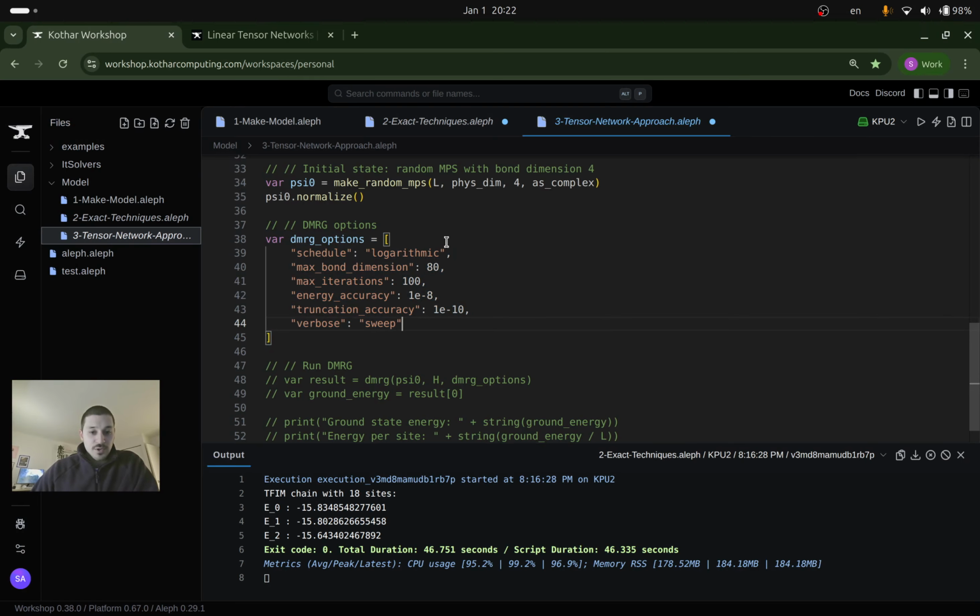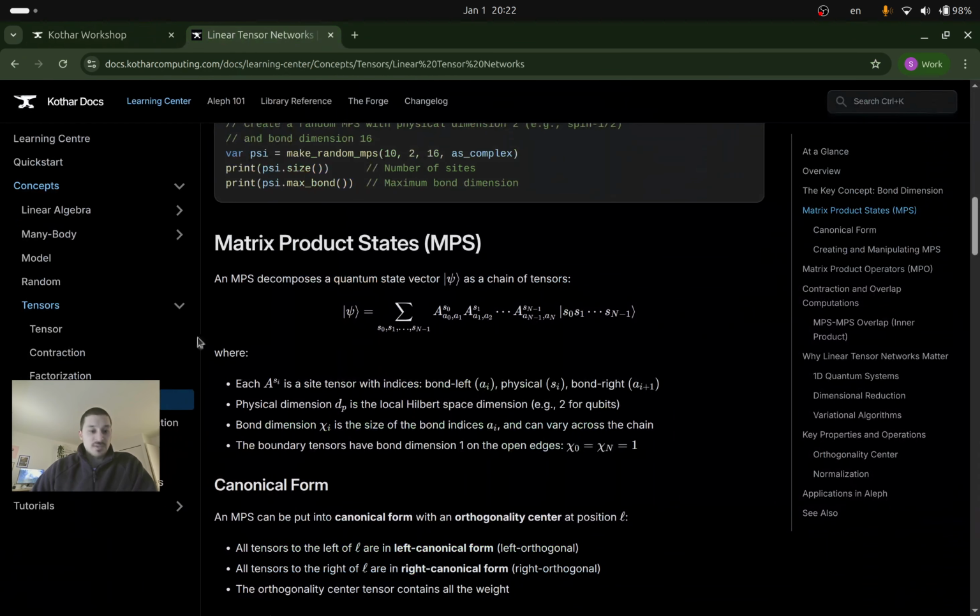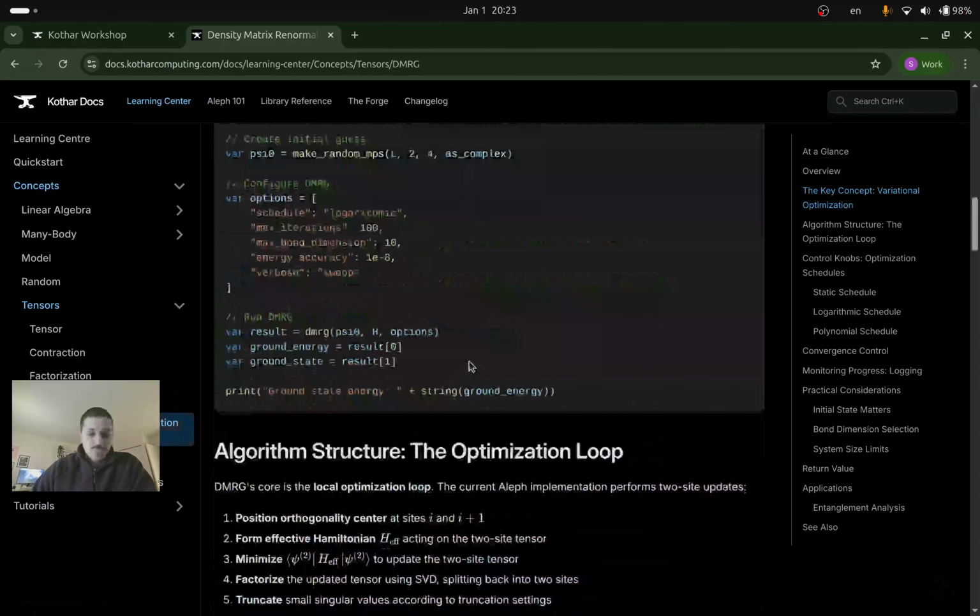So for our options, we need to choose, like I just mentioned, how we're going to update our bond dimension. And this is what's called the schedule, or the bond dimension schedule. And so we have different ones. By default, we choose a logarithmic one. So basically an update rule